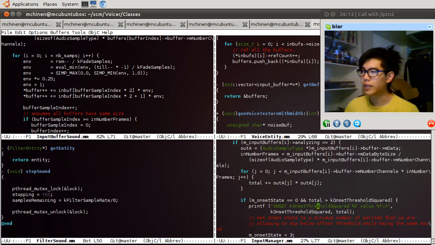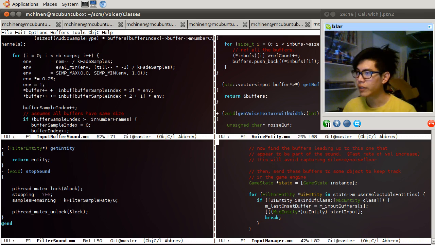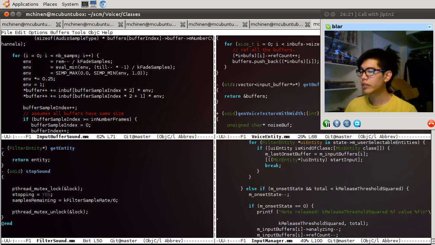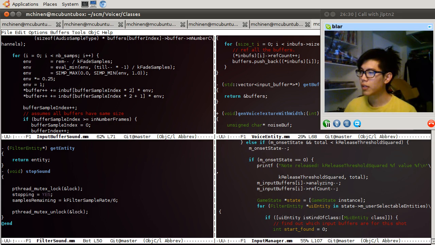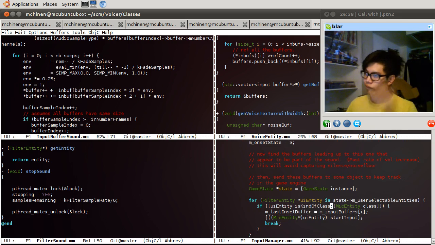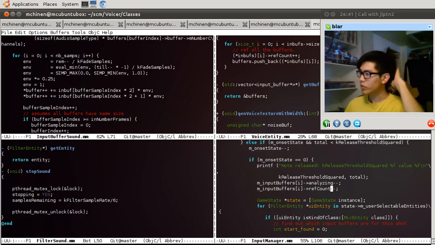If analyzing equals 2, and this is a big state, we have the onset, the offset, and within the offset we are decrementing things, yes. So this will bring it down to 1.